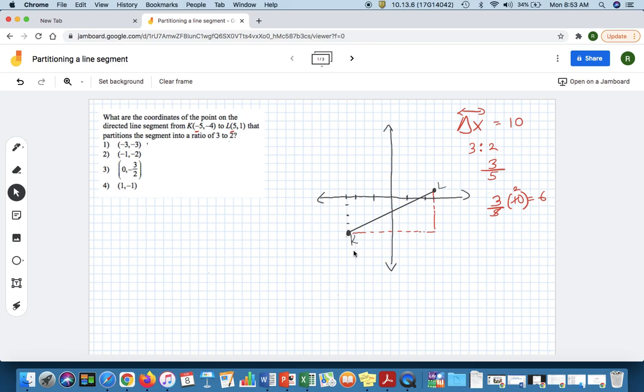Also, some students don't like figuring out the change in X by looking at -5 to 5 or subtracting. So you can model that they could just count like so: 1, 2, 3, 4, 5, 6, 7, 8, 9, 10. They might like to do that as well. So this 6 here just symbolizes how many units we're going to go. I'll use a different color here. Starting at K